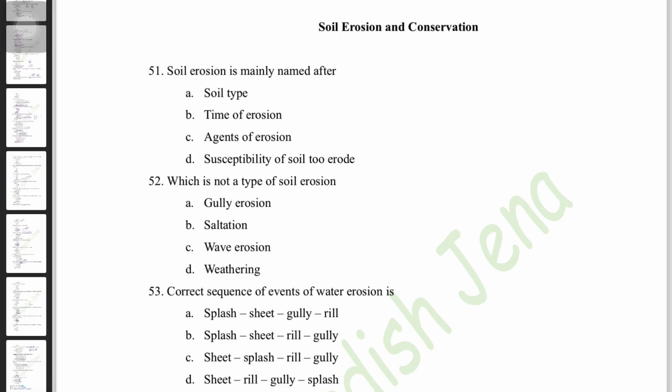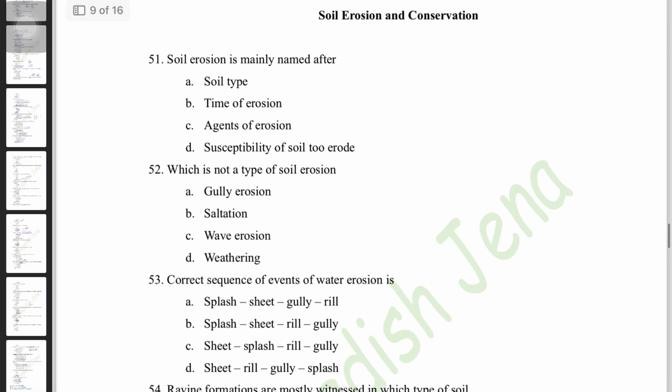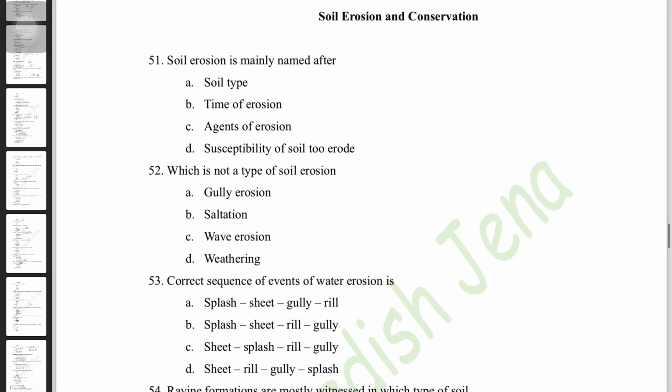We just discussed 50 MCQs on TLAs, and next we are going to discuss 50 important MCQs on soil erosion and conservation. There are different aspects that will be covered along with this analysis of 50 MCQs. Coming to the first question of soil erosion and conservation: soil erosion is mainly named after soil